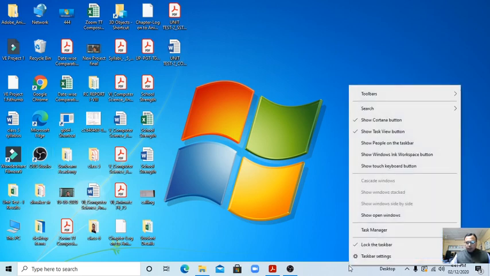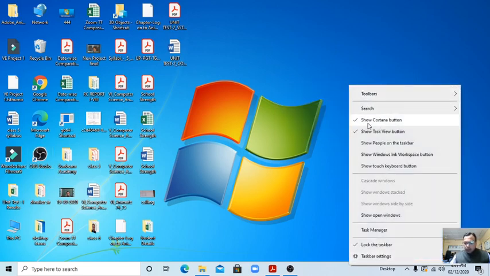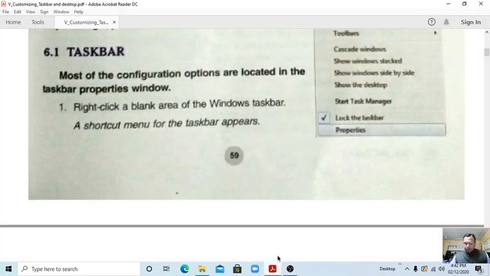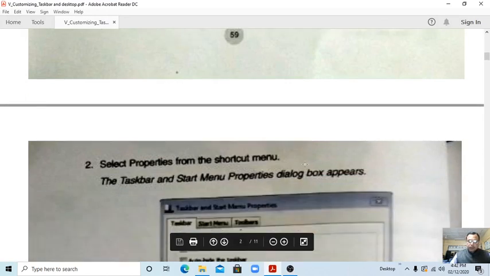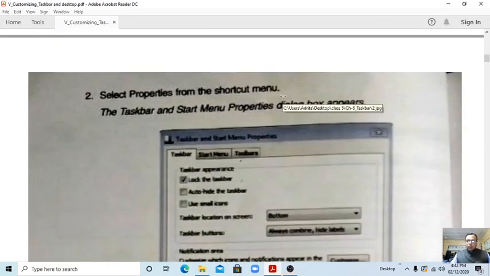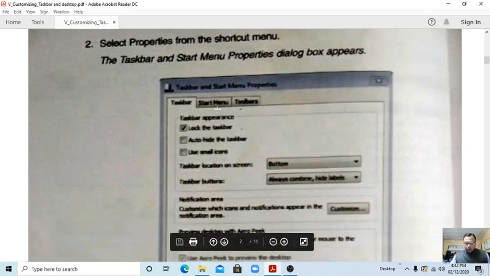Yes. Now students, see the toolbars, search option, Cortana button, task view button, and people on the taskbar. This many options are given. Here is what we have seen, students. Next, select Properties from the shortcut menu, and the Taskbar and Start Menu Properties dialog box appears. This thing we will see in the toolbar, start menu,